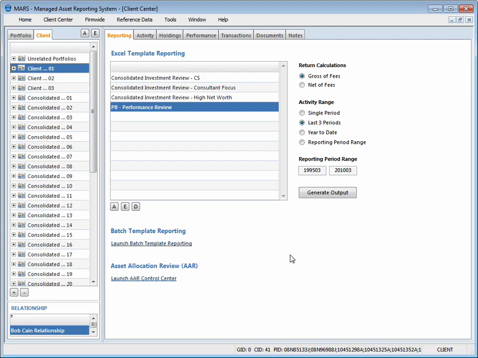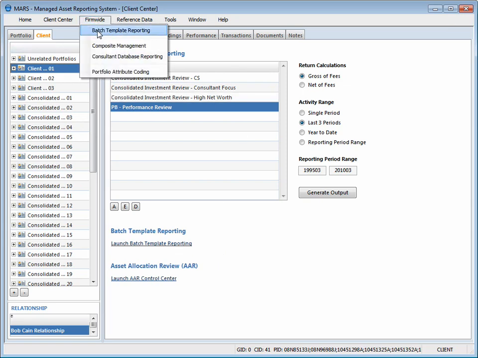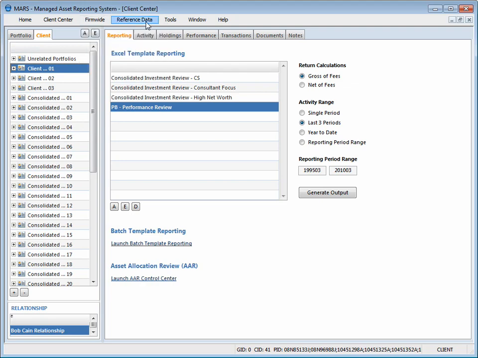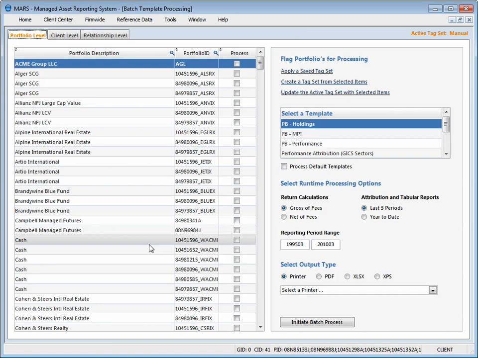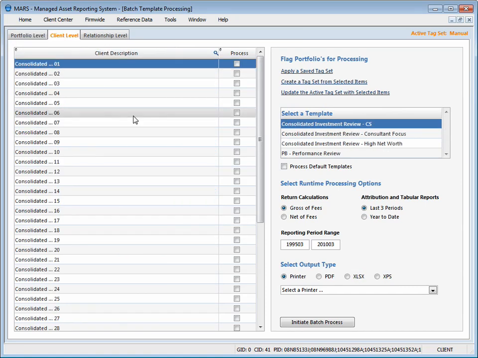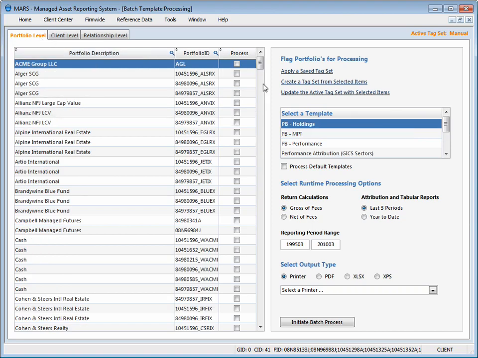So to access batch reporting, you can do it two ways. You can either go to firm-wide batch template reporting, or from right here in the Client Center, you can just click batch template reporting. So what I'm going to do is I'm going to go down here,